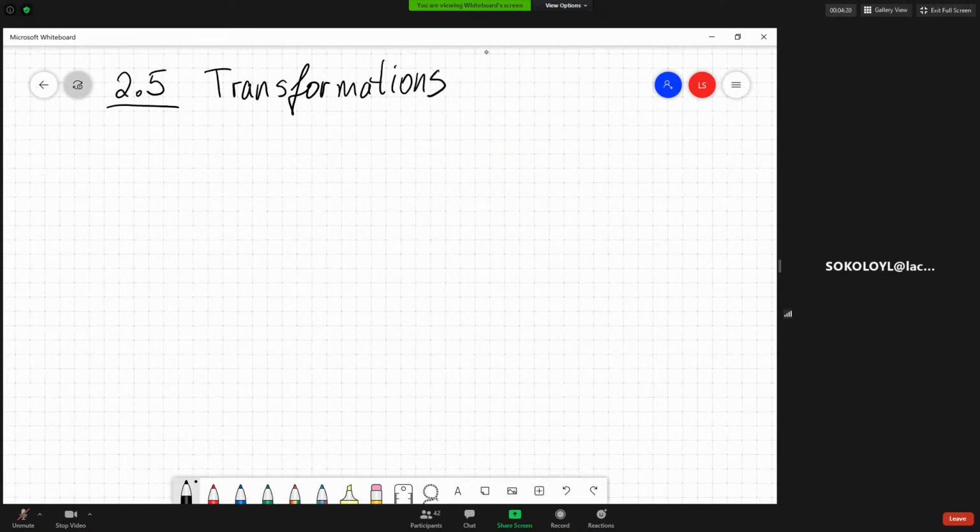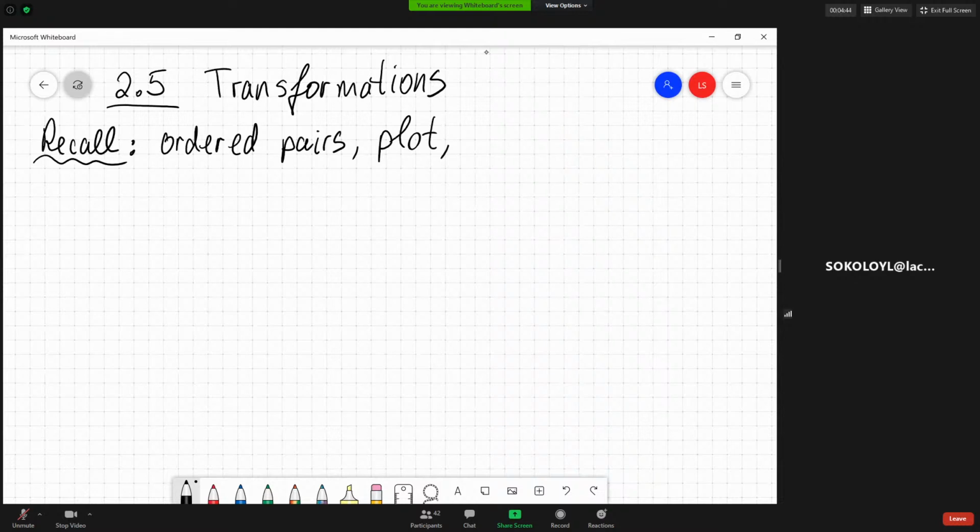Transformations of functions and how to graph. So before, in algebra, oftentimes when we would graph, we would just get some ordered pairs. We would plot them, and then we would try to find a pattern, and then continue on with that pattern and say, this is our graph. That's what we did in algebra. But